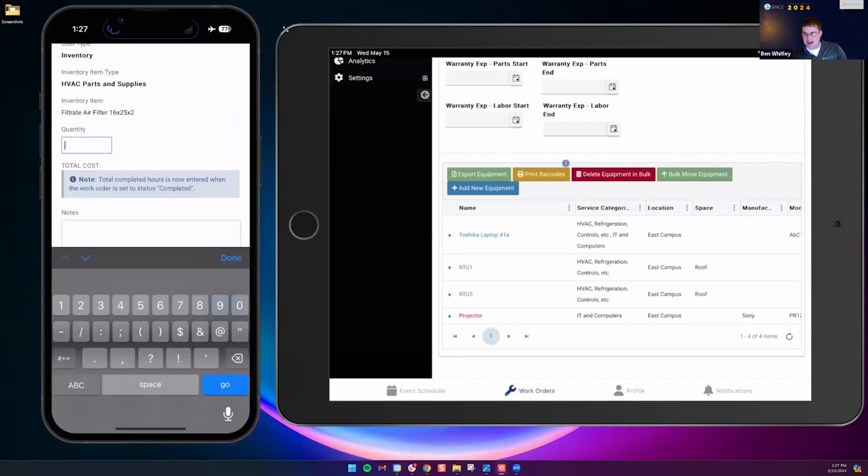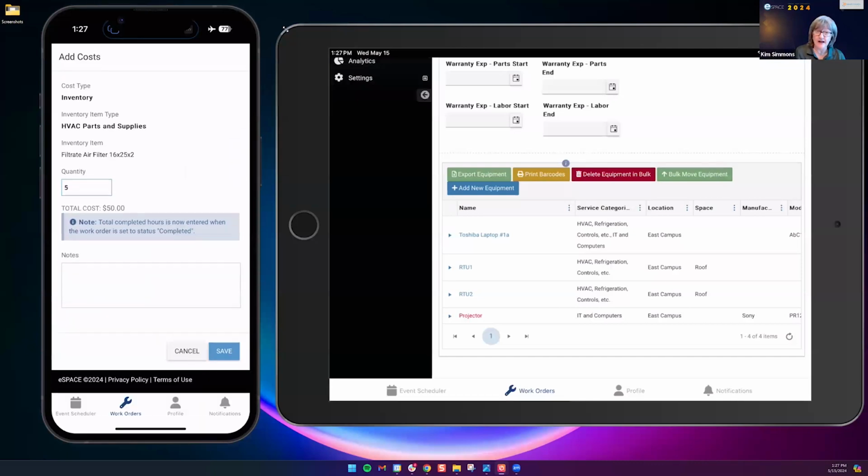We need, definitely 5 of them, so we've added 5 of this, and we're going to use 5 because the door on that refrigerator is big. So we're going to have to duct tape a few of them together. Oh, goodness. All right, we can add some notes if we want to, but you see what we've done is